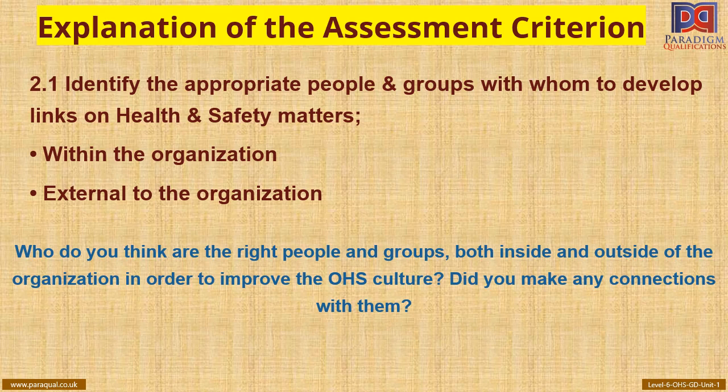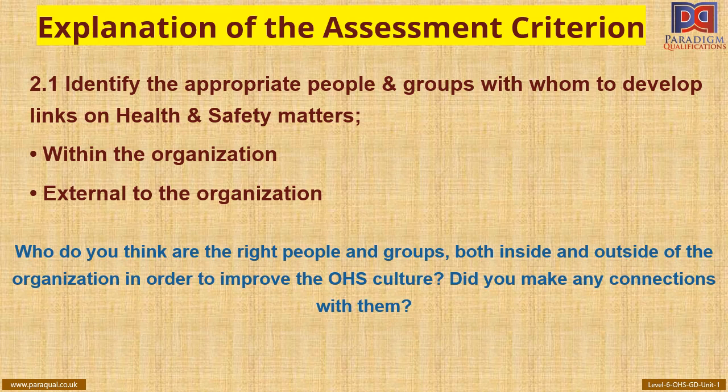The assessment criterion requires you to provide the evidence as follows. Who do you think are the right people and groups both inside and outside of the organization to develop links with in order to improve the OHS culture of your organization? You have to demonstrate the competence that you have identified the appropriate people and groups, for example, within your organization, who are the